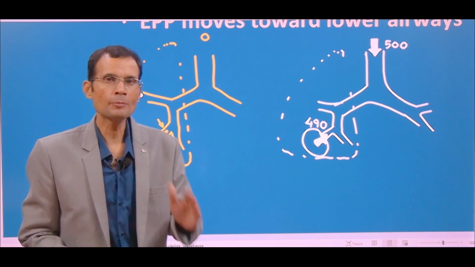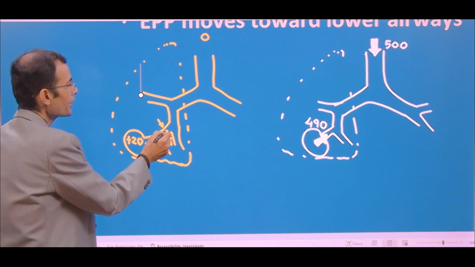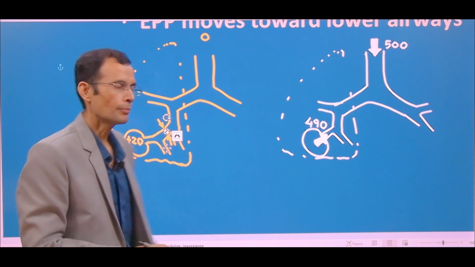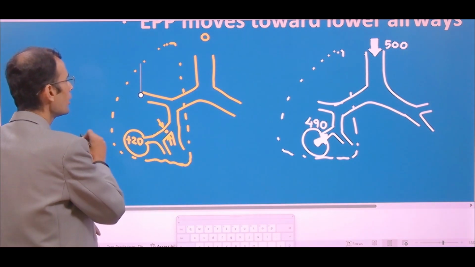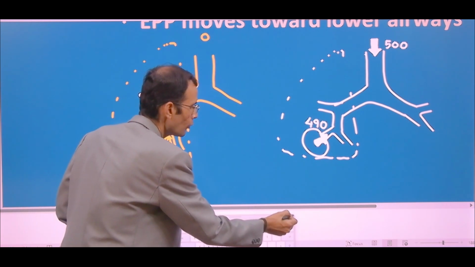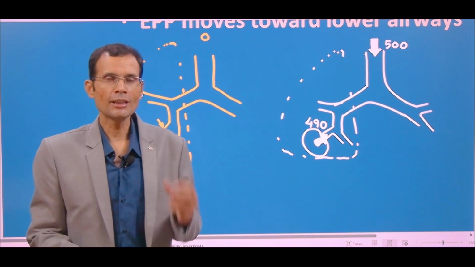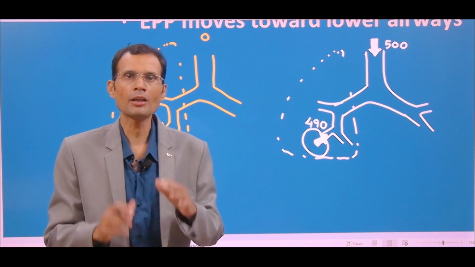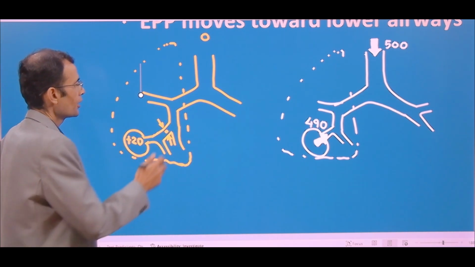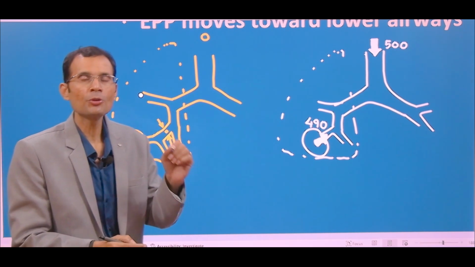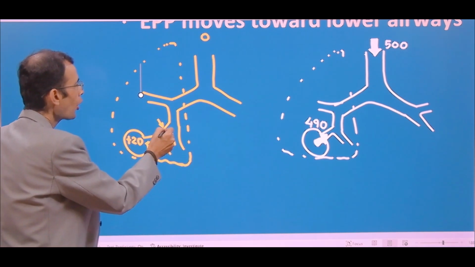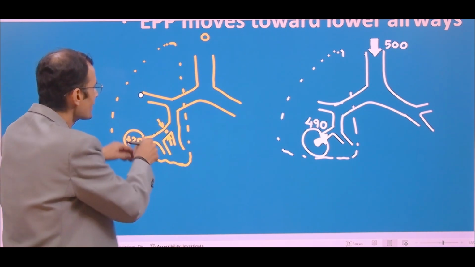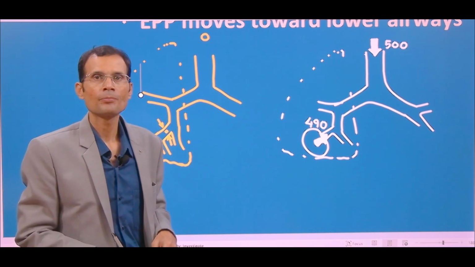At some stage during expiration, the pressure inside the airway and the pressure just outside, that is in the interstitium, will become equal, and that point is called the equal pressure point. Normally in healthy individuals, this point is in the upper 7 generations, which are cartilaginous. If the equal pressure point is reached during expiration, it means that beyond that point, the pressure inside the airway will be less than the pressure just outside. Do you get the point?